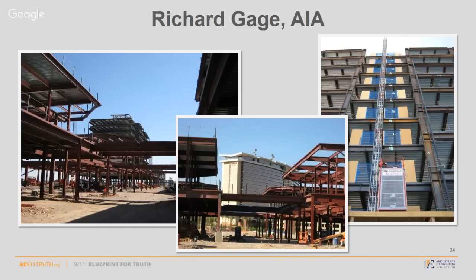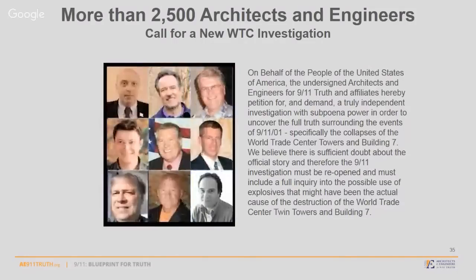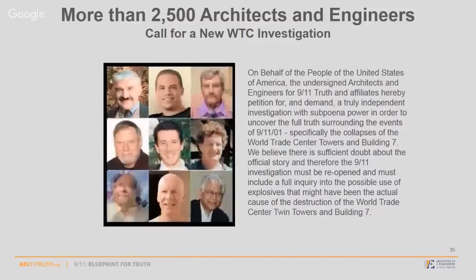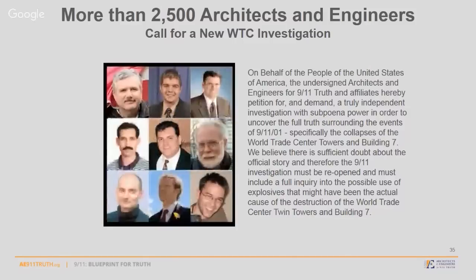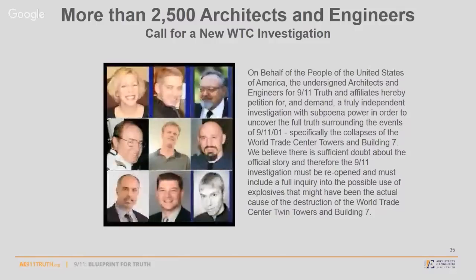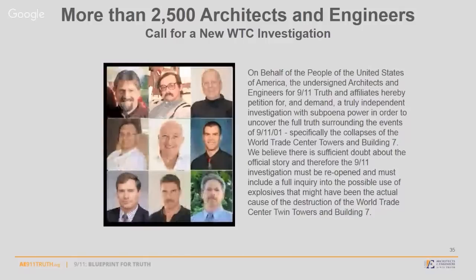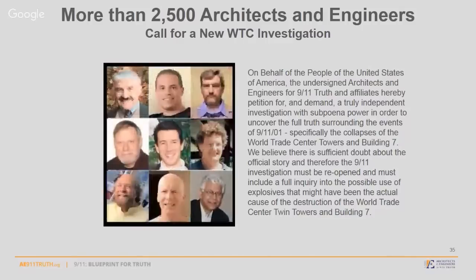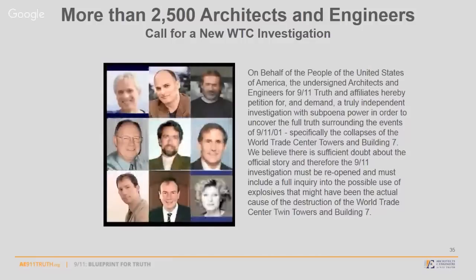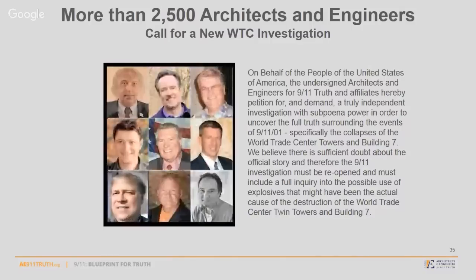tell you about what concerns these 2,500 architects and engineers, now 2,700, calling for a new investigation, staking their reputation on the line. Architects and engineers, licensed or degreed, what is the problem that has caused them to support me in traveling around the world, 38 countries, to groups of 1,000 to 3,000 people, 85 American cities, at least 550 times now, telling people